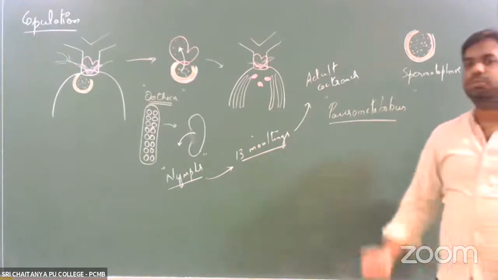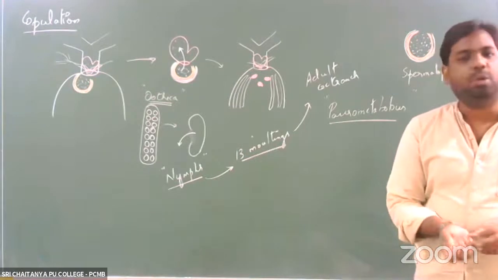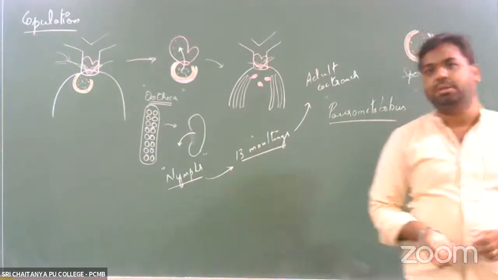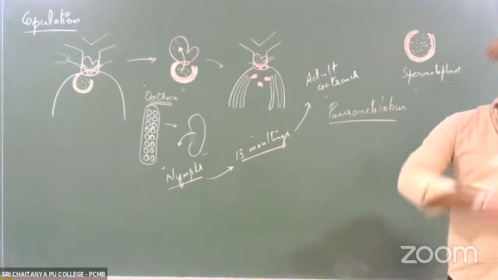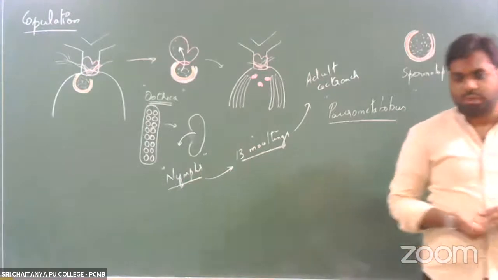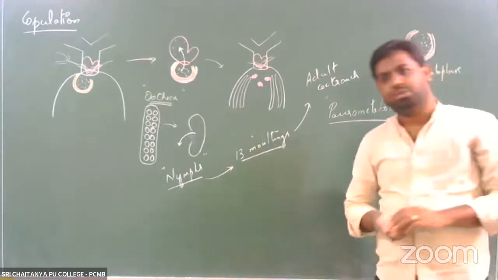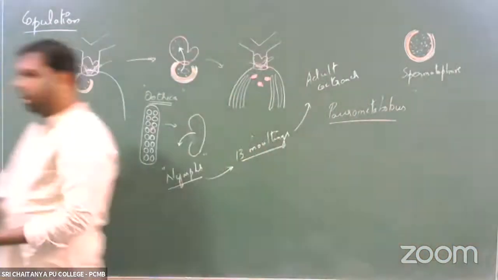Right? So with this, we are done with the second organism in the list, which is the cockroach. Right? So two organisms we have completed. One is the earthworm, and the second one is the cockroach. Right? So let's now take up the third organism, the last organism in this chapter, structural organization in animals, which is nothing but the frog. Right? So let's begin with the morphology of the frog.